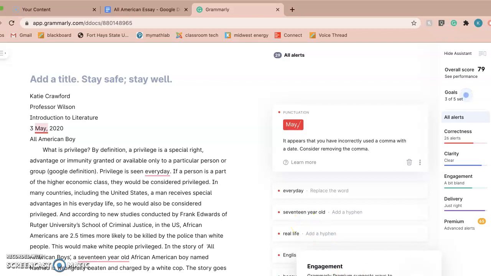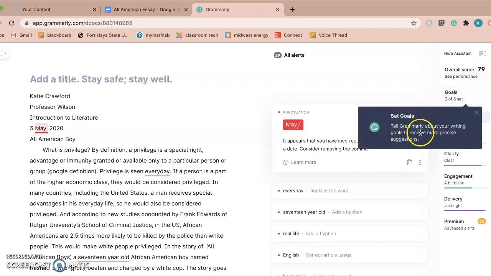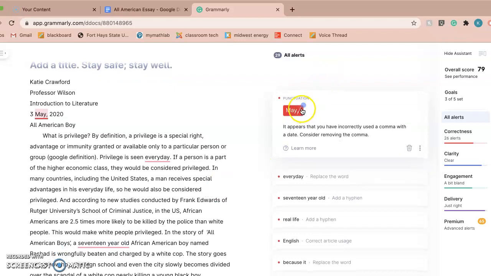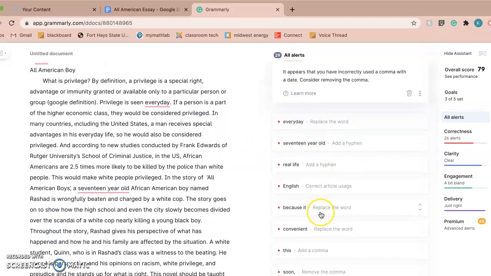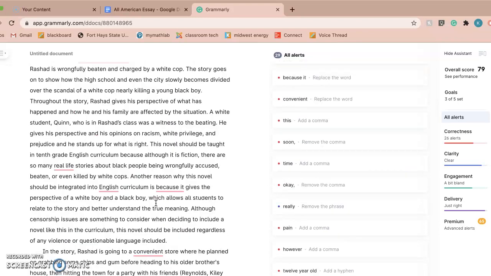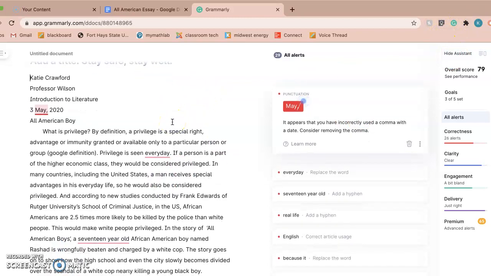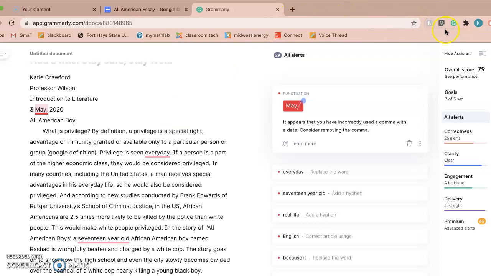So this is more of a premium setting, but this just helps me, because I'm a good proofreader anyway, be a little bit more confident before I turn in my essay. So I can just go in and make all these corrections and then reread it, and it just makes me a little bit more confident. It's super simple to navigate around, and you can save and go back to it. So I just really like this little tool, and you can also make it